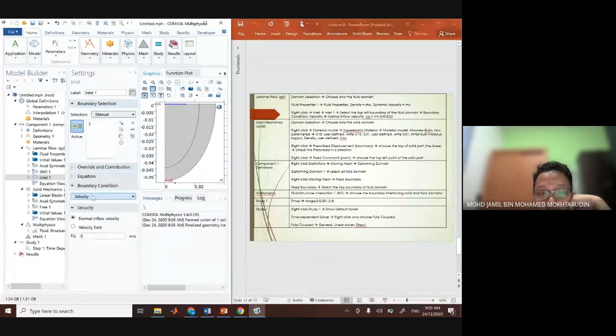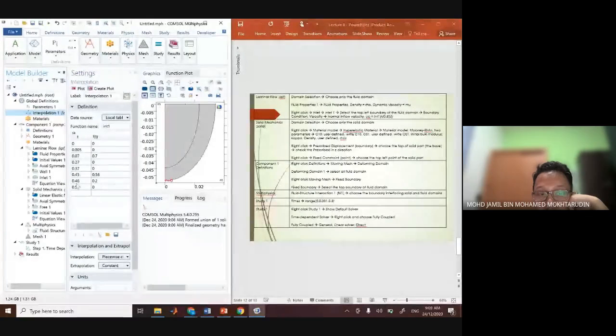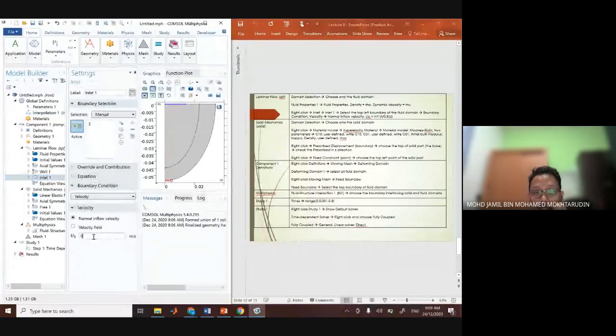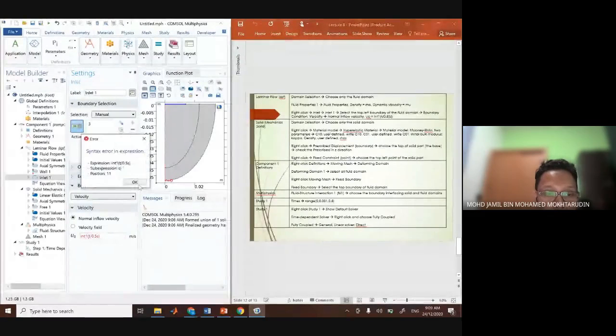So we change the boundary condition to velocity, and already here, velocity. And we define the normal inflow velocity. Here we have the interpolation table from just now, so we just include the velocity according to this table. To define the velocity, you just put in 1 time divided by 0.5 second. So int1 here,